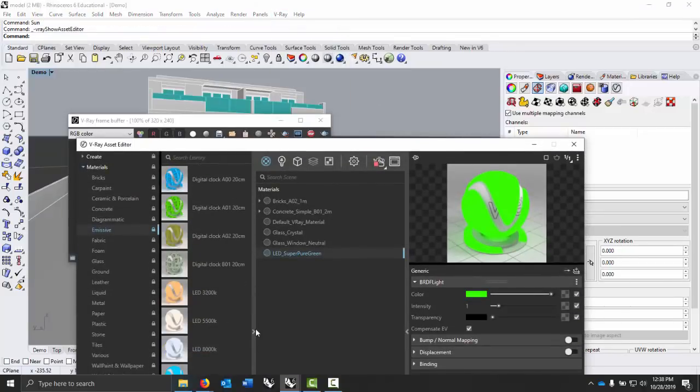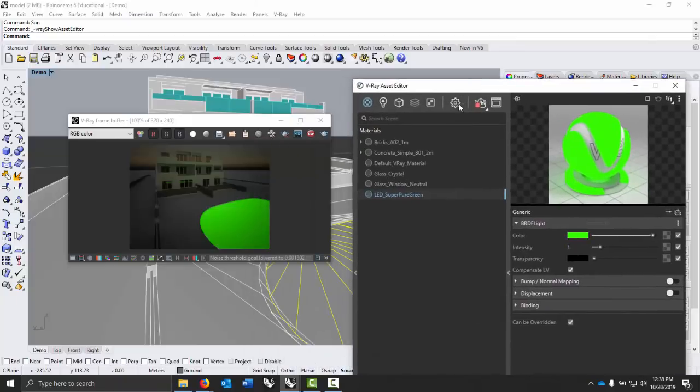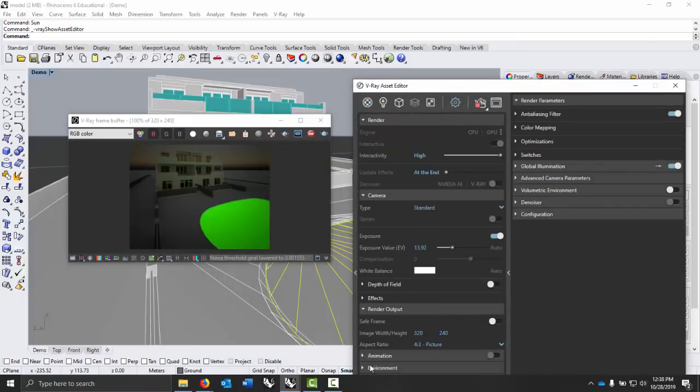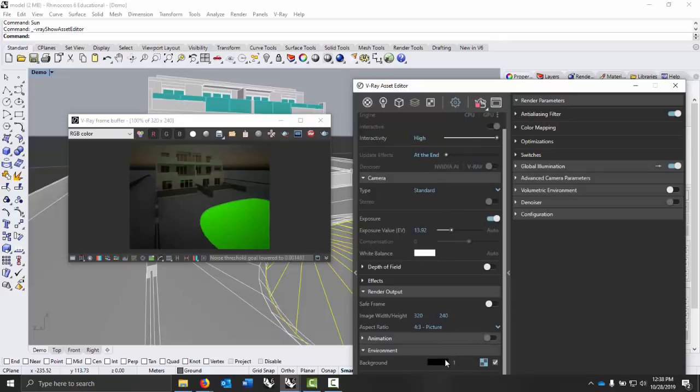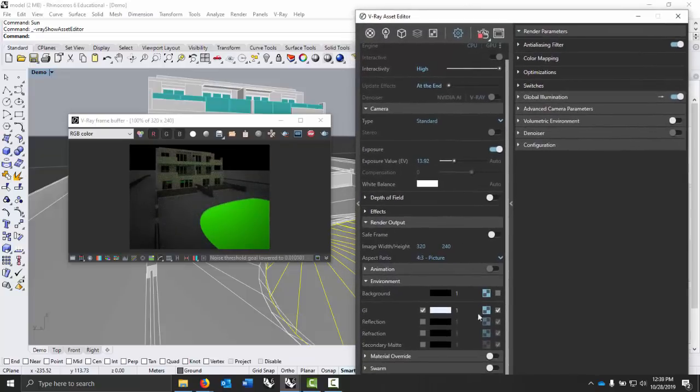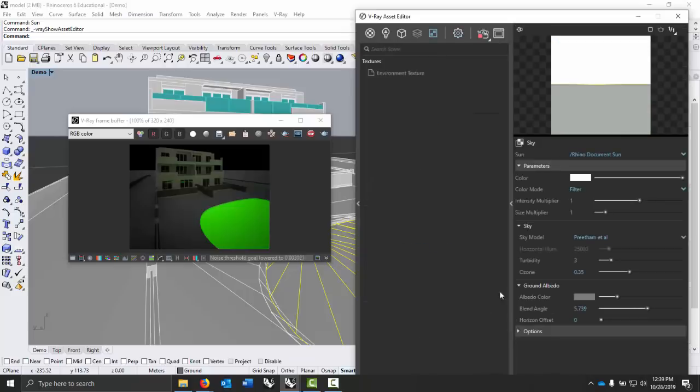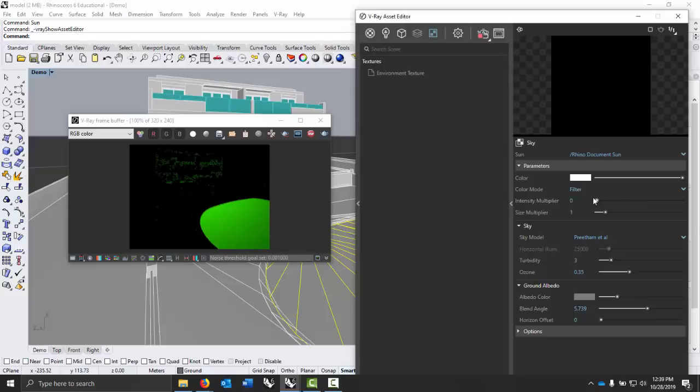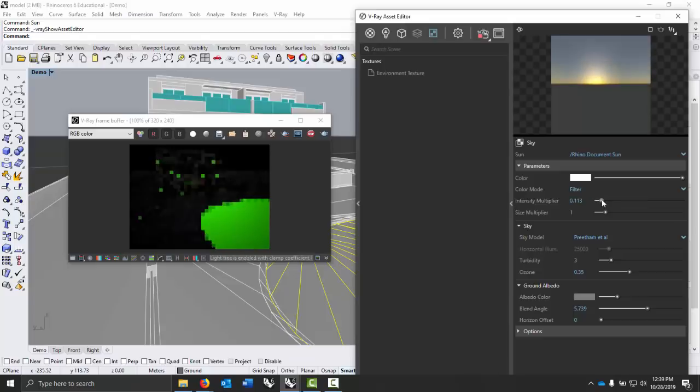So if we go back to the settings, let's go back to the environment here, and let's see if we can turn off the background. So that just turns off the sky. And then I think the other thing we'd probably do is turn off any daylight in the sun. Yeah, I think we can. There we go. So if we turn off the contribution of the daylight a bit, you can really start to see